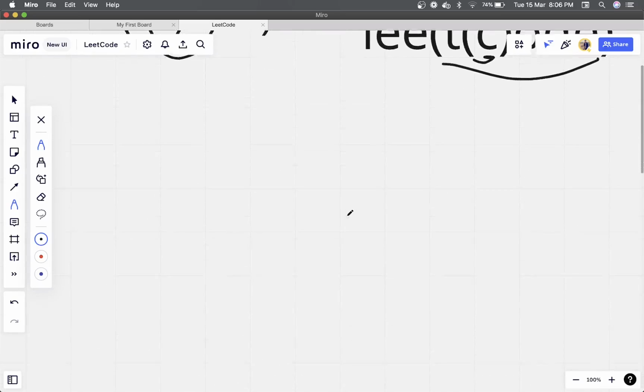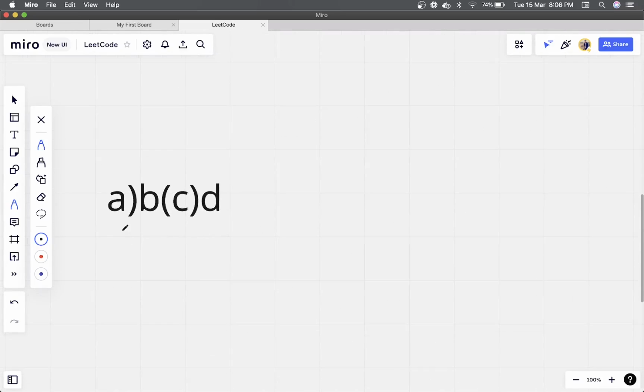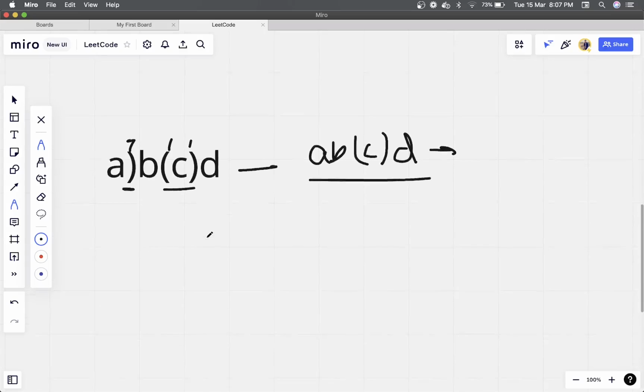If we take the next example, if you see carefully, this is invalid because this parenthesis does not have any opening parenthesis, and these two are valid ones. If you remove the first one, what will be the answer here? We have A, B, C and D, so this will be the answer. We have to remove a minimum of one. We could remove this and this too, but we have to remove the minimum number of parentheses to make the string valid, so this will be the answer here.